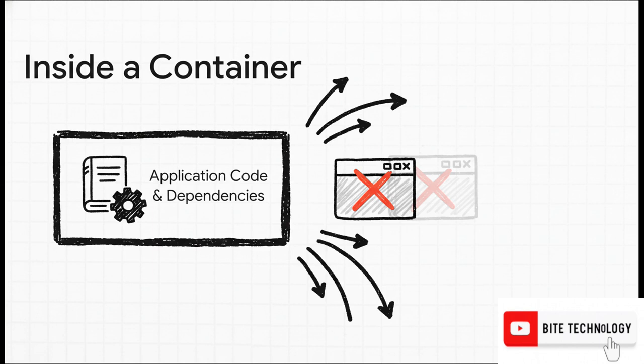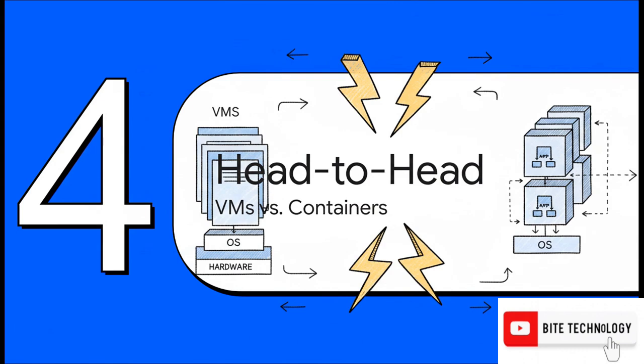It really is like the difference between moving an entire house versus just packing a suitcase. You're only bringing the bare essentials your app needs to do its job. All right, so we've seen the two different blueprints. Now let's put them side by side. This is where the real trade-offs start to get super clear, and you really see why you'd pick one over